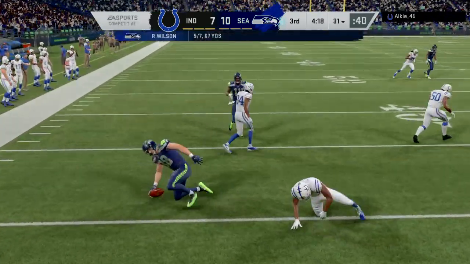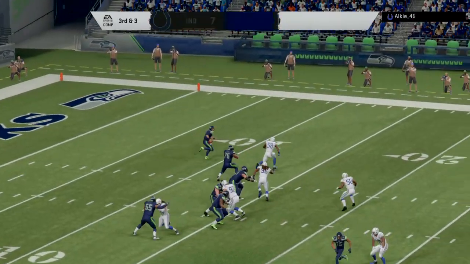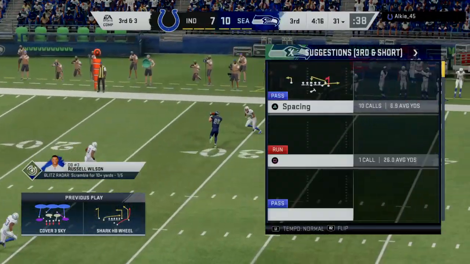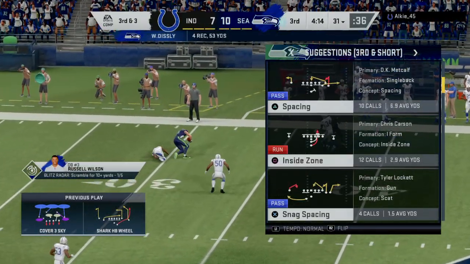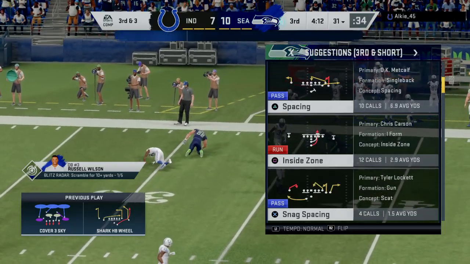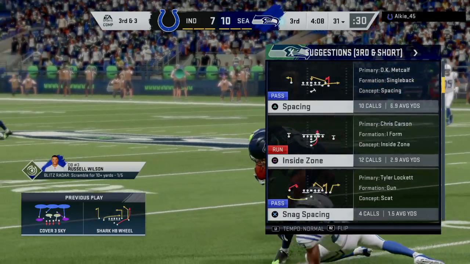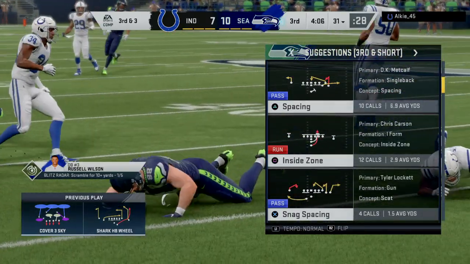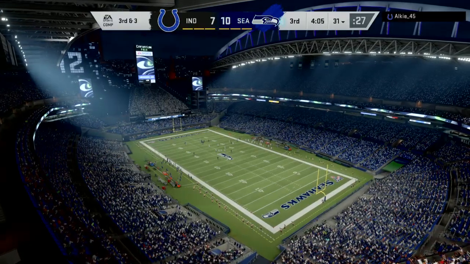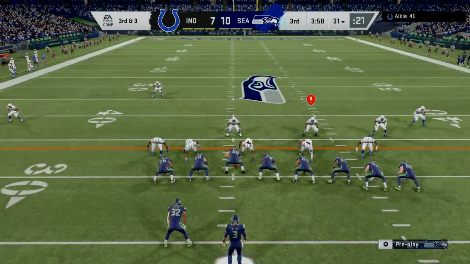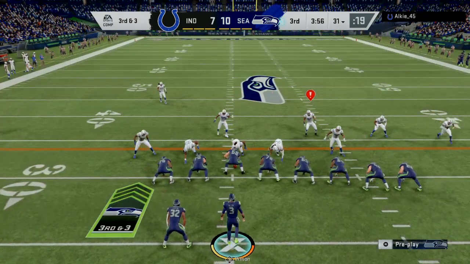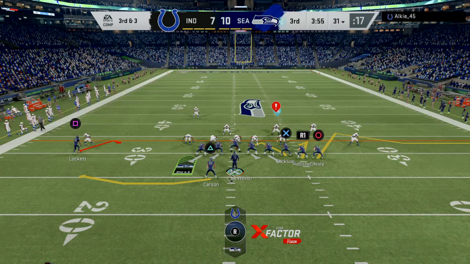Now left side, a completion to his tight end. And they'll take him down at the 31-yard line. One of the advantages of zone defense, as I remember it, is being able to see the play develop in front of you. One of the disadvantages, when they find those levels where they can hit you with it, sometimes behind the corner and in front of the safety, it makes it tough to defend. Watch 55. Exit, exit.